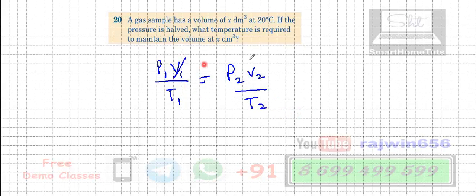I made the same mistake here also. I took x on both the sides. So I took the volume as same side. Wrote let the volume be x. So this pressure I'm going to take 2. So new pressure is going to become 1. Then this temperature will be 20 plus 273, that is 293. This is equal to T2. This temperature that you are going to get, it is going to be in terms of Kelvin. You can convert that into degrees Celsius by subtracting 273.